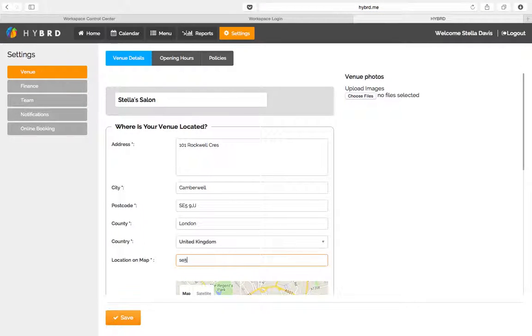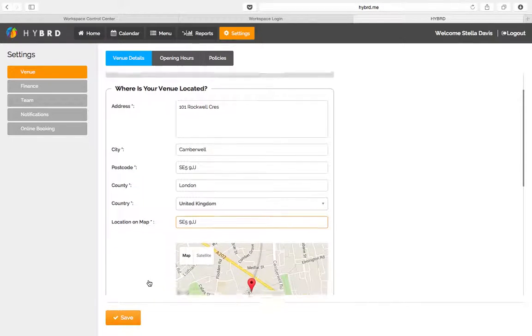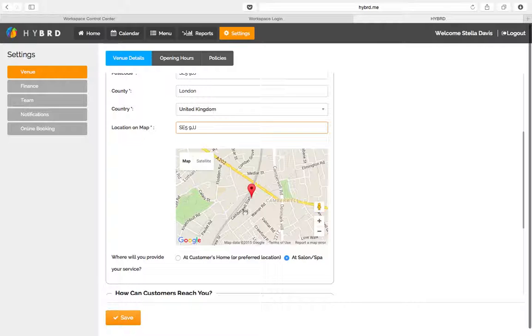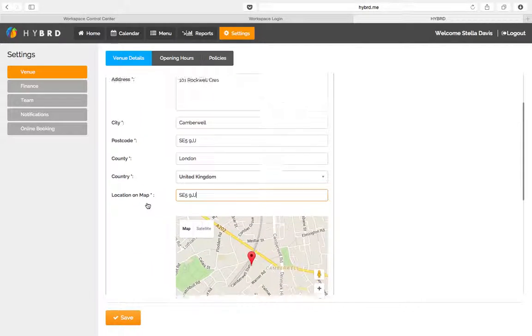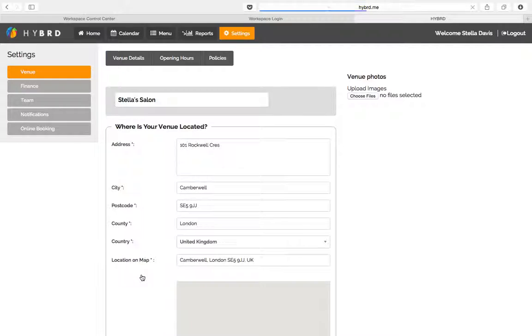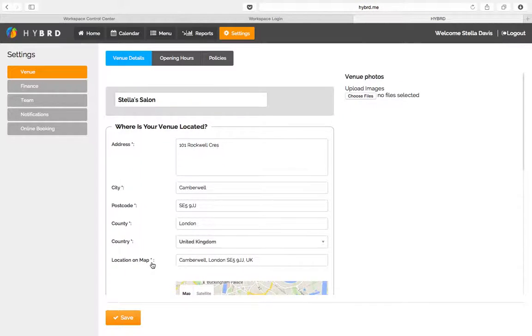I think I'm going to update this. Yeah, you see how I've updated it, and now it's showing me properly. It's showing Camberwell. So when you put the postcode, that will update the map, and then the customer can know exactly where you are. All right, I'm just going to click on save for that again. All right, so once you've done that now,